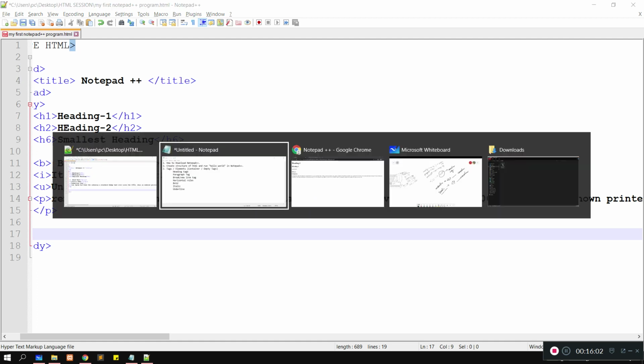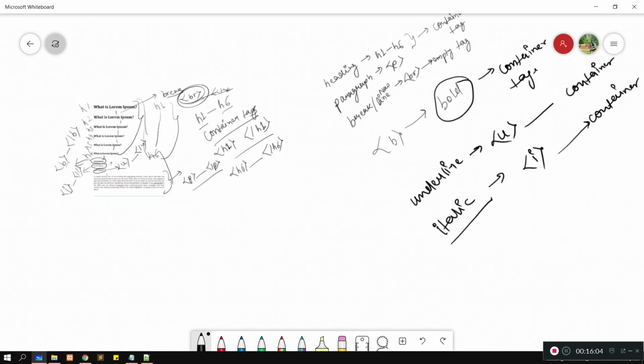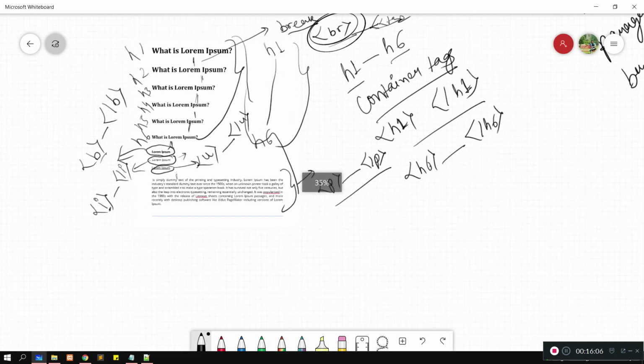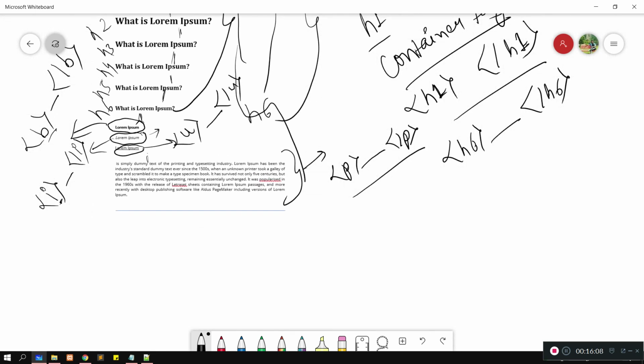Okay, horizontal rules. One tag is left. If you see in the picture, there is a line. Here it is. This line is created by the hr tag, which means horizontal rules. It is of empty type.